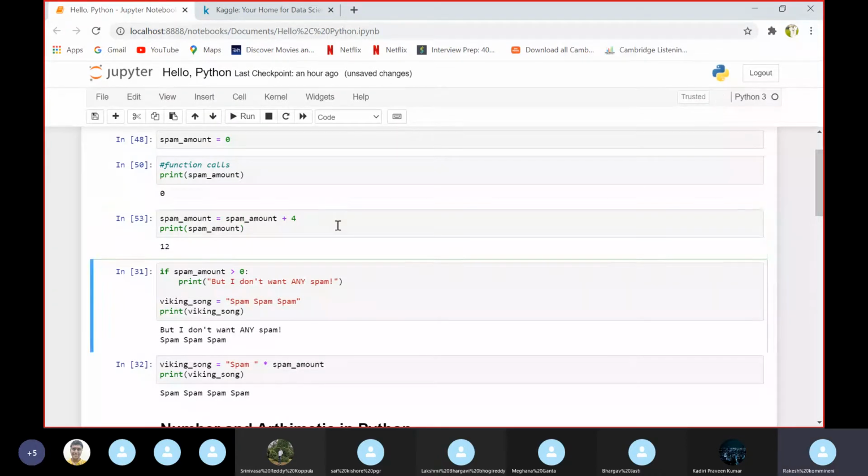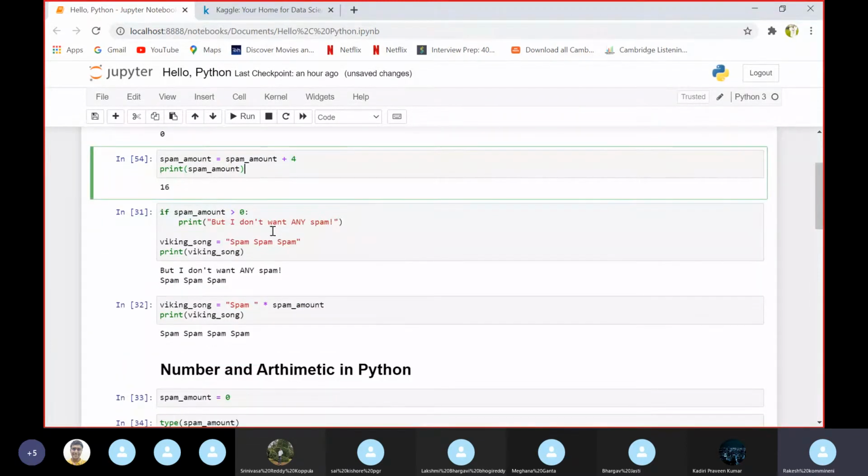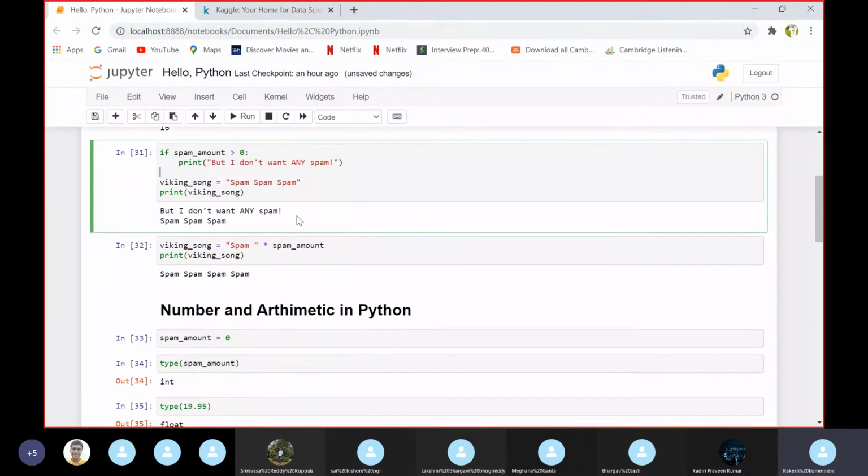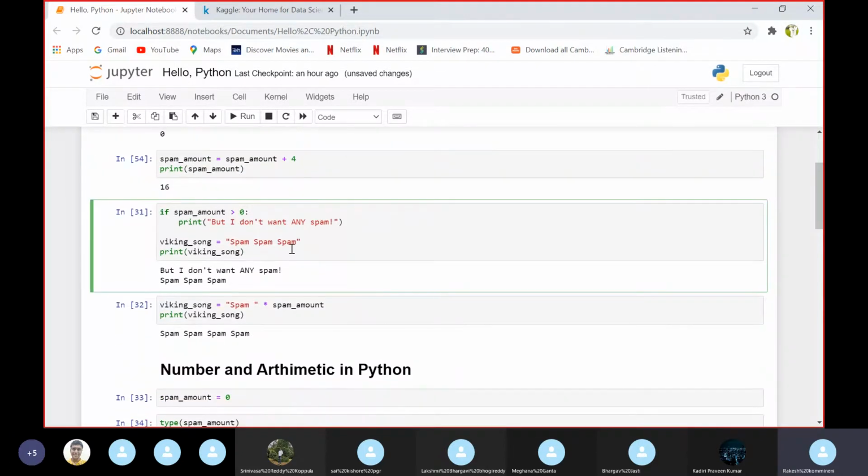Here we can see the value is updating every time. Here you can see the if statement with the increment operator. If the spam amount is greater than 0, then we are going to print this statement. We have to concentrate on the indentation format in Python every time.